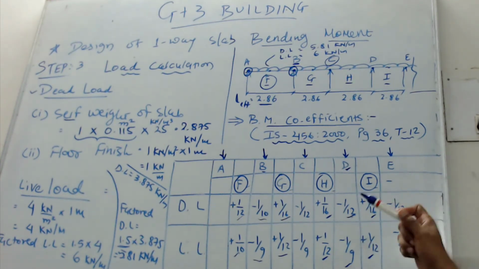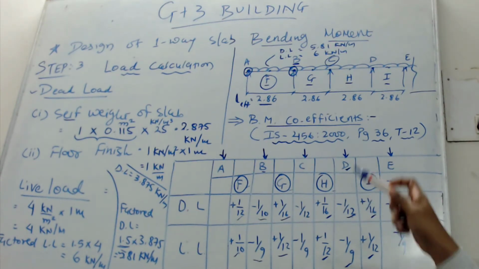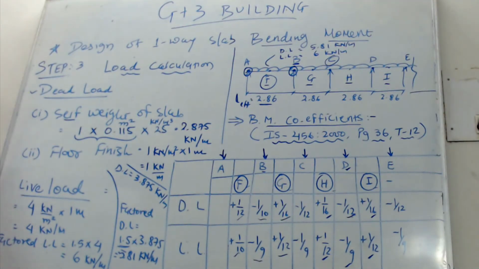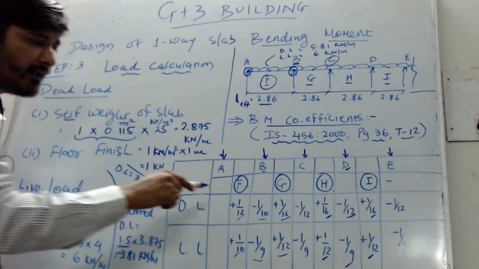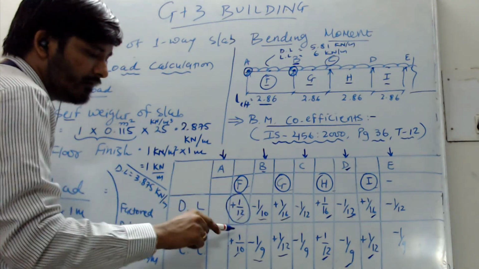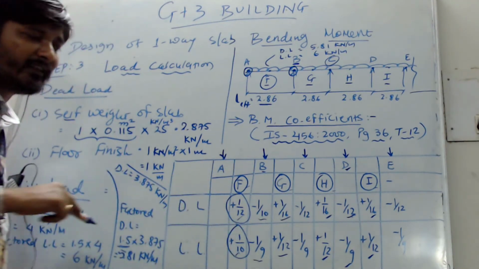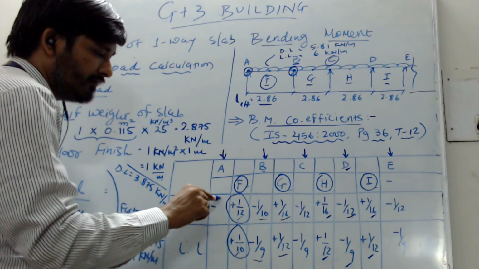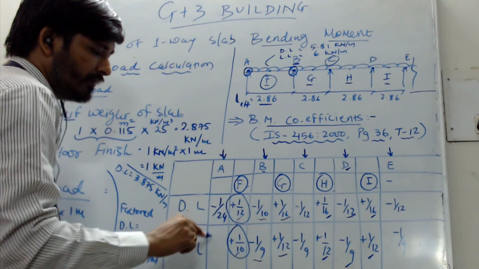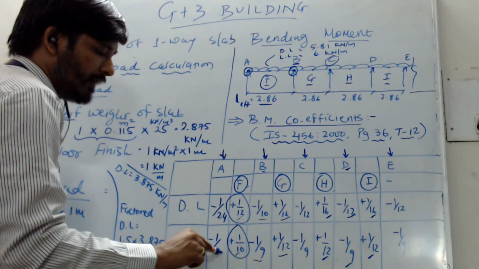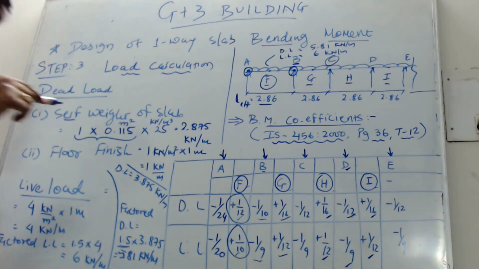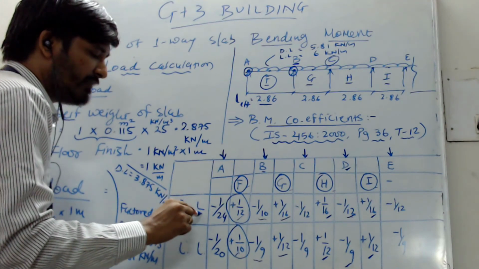Now the only point remaining to identify the values is point A. This value you will not find in the IS code for point A. If I want to calculate the value for point A, there is a thumb rule: we need to multiply these values by 1/2 and with opposite sign. So here it will become minus 1 by 24 and minus 1 by 20, or it is almost nearer to 0. You can keep it as almost nearer to 0 also.